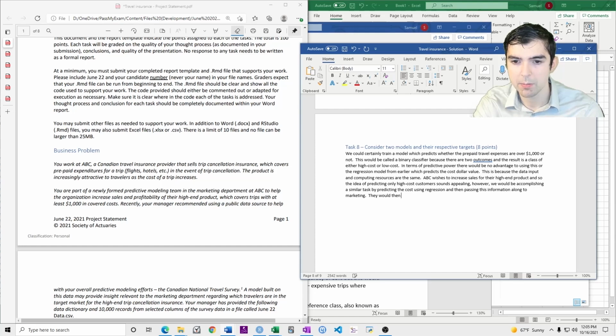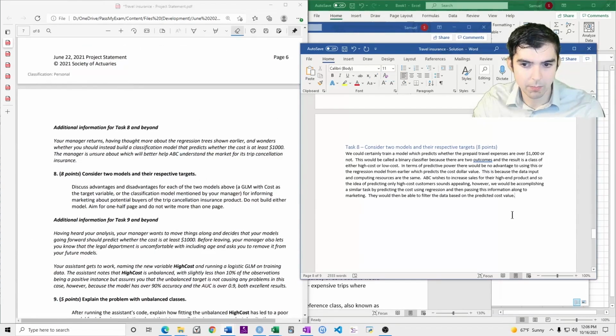They would then be able to filter the data based on the predicted cost value, right? So we could create different types of graphs that would highlight this and so forth. Yeah, he just chose the value. He just made up the number 1,000.